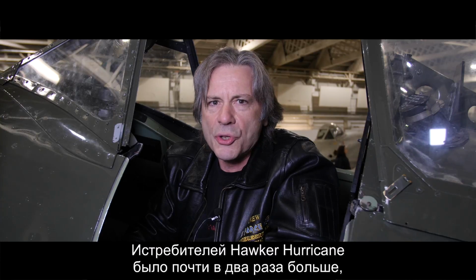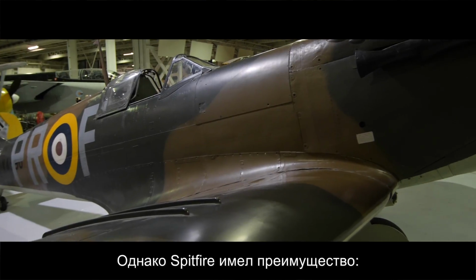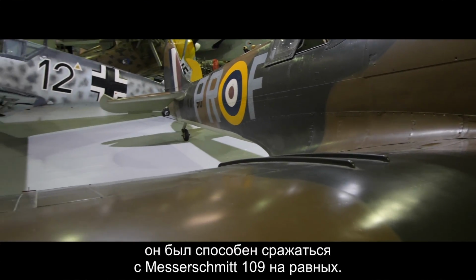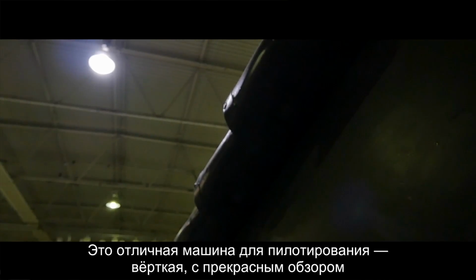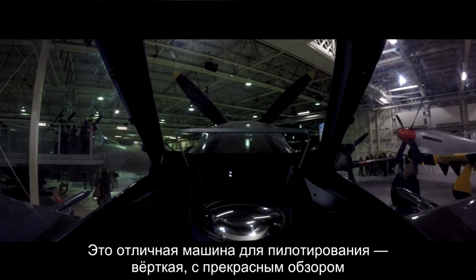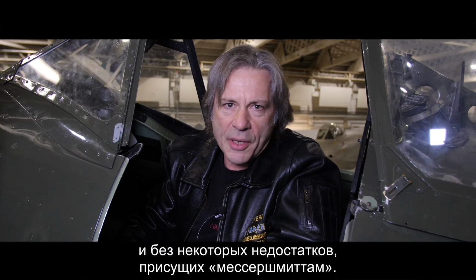It was outnumbered almost 2-1 by the Hawker Hurricane, which actually took the brunt of the punishment and did the most damage to the bomber stream. The advantage of the Spitfire, however, was that it could slug it out one-on-one with the Messerschmitt 109. It's a beautiful pilot's aircraft, nimble, great visibility, and didn't suffer from one or two of the shortcomings of the